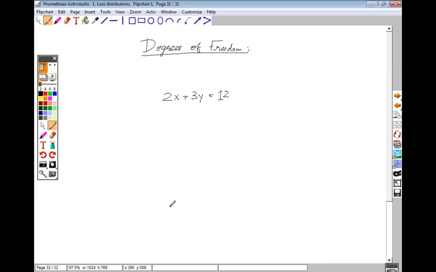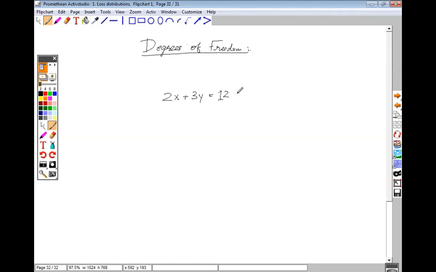So again, try to recall what degrees of freedom mean. I know that all of you have some idea what degrees of freedom are. So try to recall all that you know about it and try to see what kind of degrees of freedom you see here. Let me break the ice. What I mean when I ask how many degrees of freedom I have here is, how many variables can I vary at a single point in time?